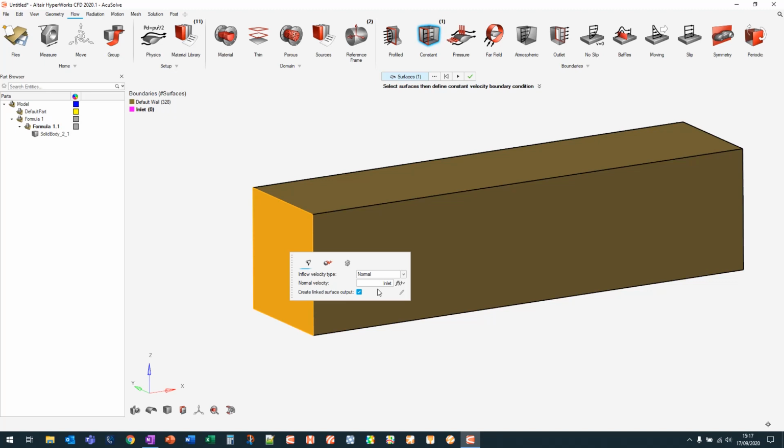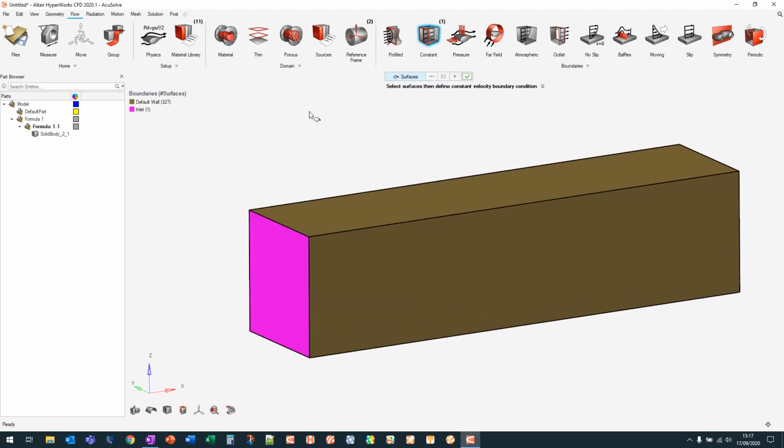So if you were to go back and change that parameter, so you want to look at a different inlet condition, you could just change the parameter rather than having to change this every single time. So we'll create the inlet, and we can hide it off now that we've done it,